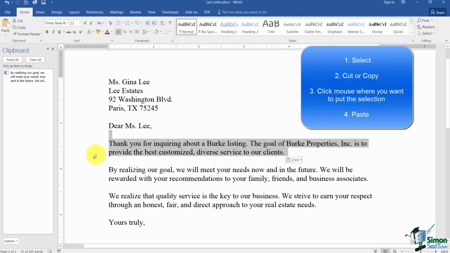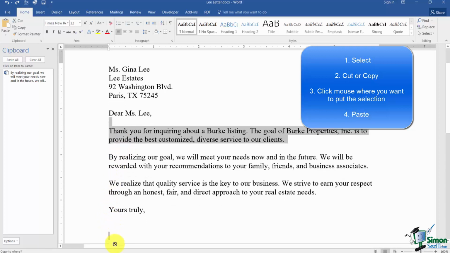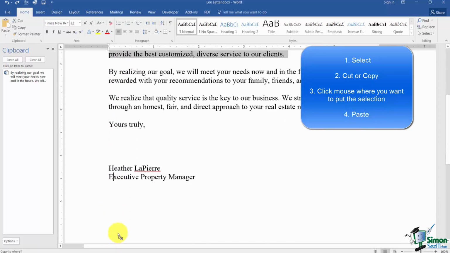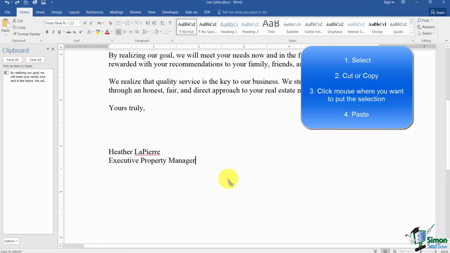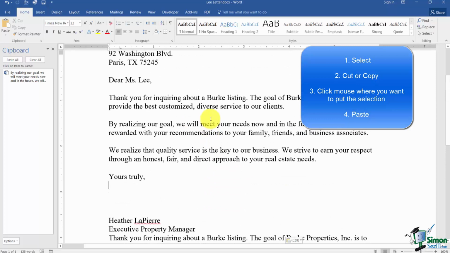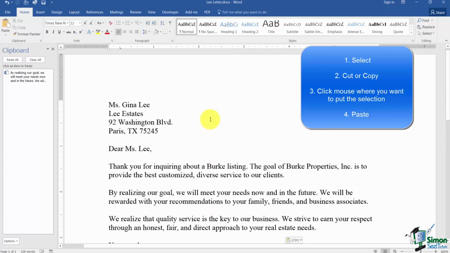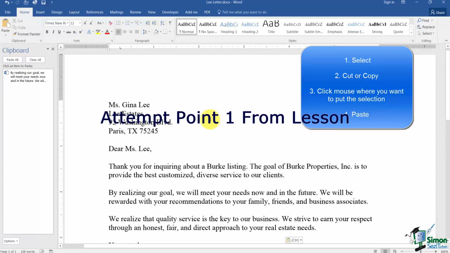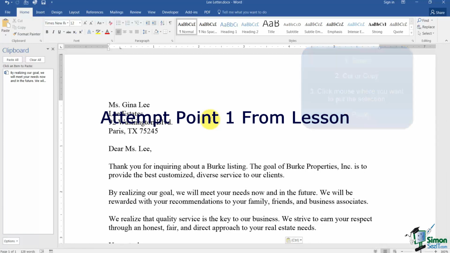The trick for copy, just so you'll know, is as long as you're holding the Control key and you do the exact same thing. So I'm going to go ahead and make sure I have this selected. I'm going to hold Control, click anywhere in my selection, and notice when I drag down, I'll just go way down to the bottom here, that when I let go, that's where it's going to be. So just know that those are options as well. That's how you cut, copy, and paste. Now that you have that down pat, let's go over to section 4 and really get going on